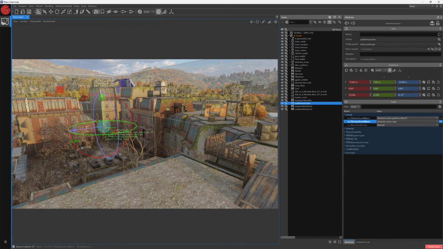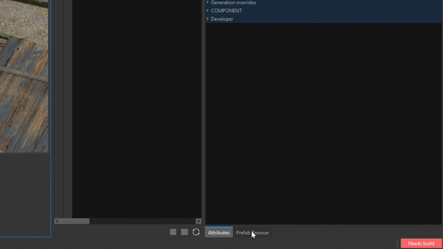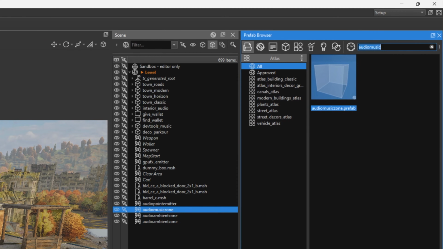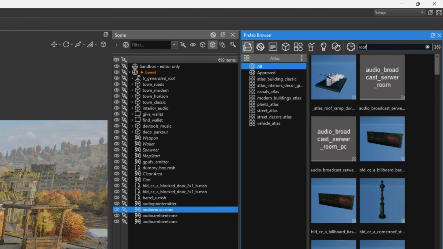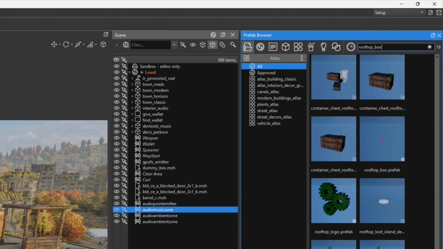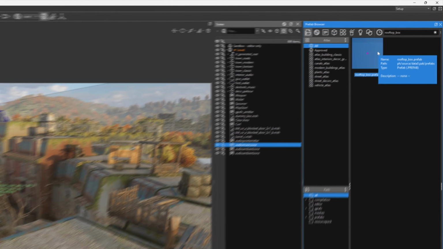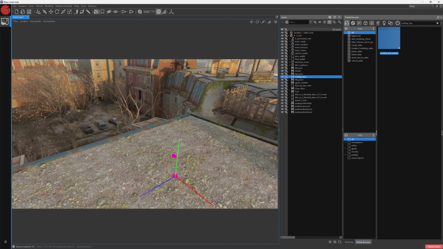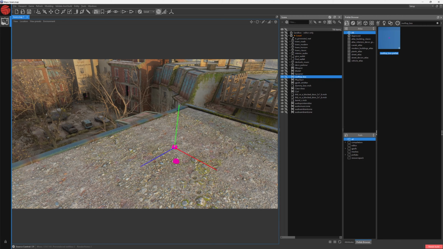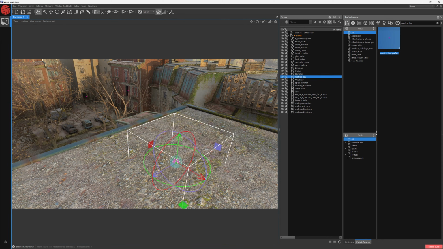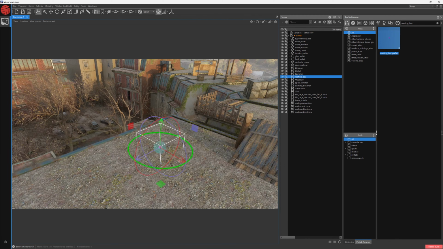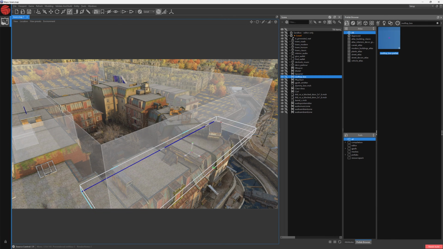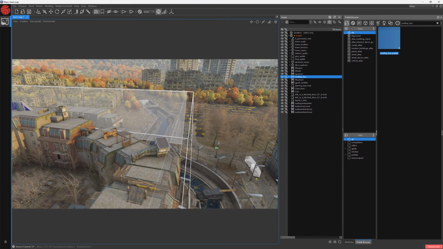So far so good. But if you want to make the music interactive, you're always going to need two additional prefabs. In the prefab browser, search for a rooftop box. Move it onto the viewport, preferably on the rooftop surface. Notice how they look like room boxes from the previous tutorial. Press Escape. Press on the magenta sphere. Feel free to readjust, reposition, and scale it up. Let's match its size to our audio music zone.